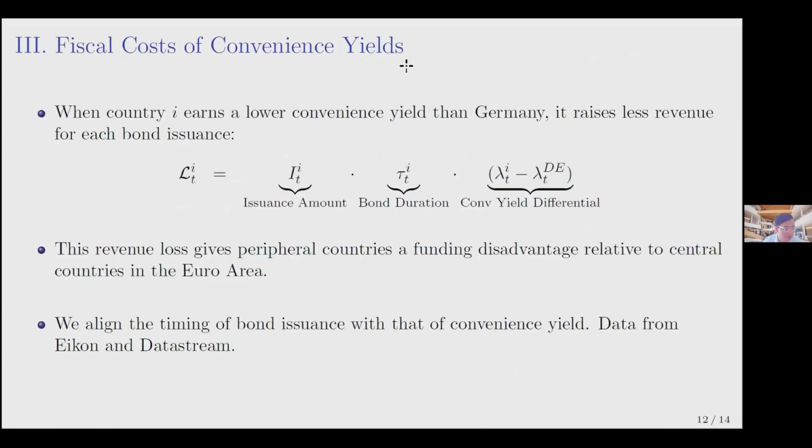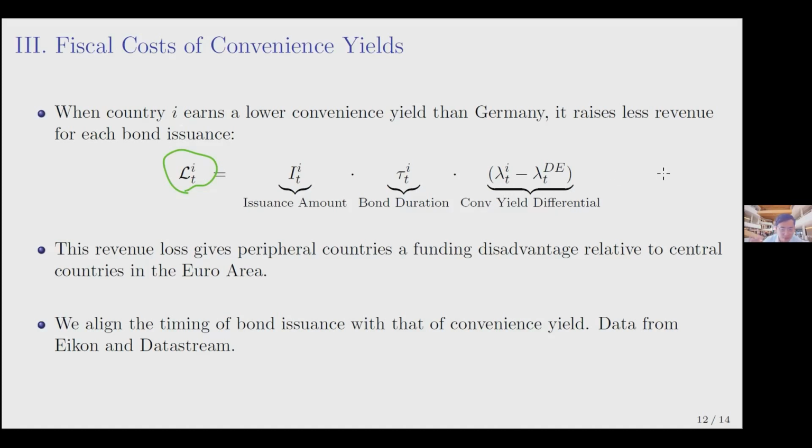Here is a third and last empirical point before I conclude. This is an accounting analysis. Here we calculate the revenue loss of a country, say Italy, relative to Germany, due to the fact that Italy earns a lower convenience yield on its government bond relative to Germany. To compute the revenue loss, we do a